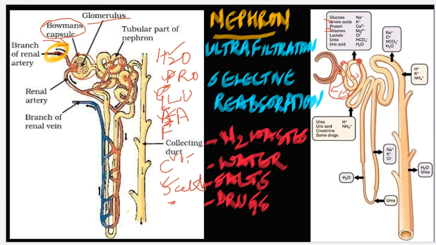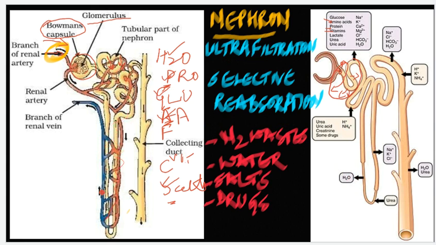Remember now that salts are absorbed in different areas. Glucose is absorbed by the blood vessels in different areas, but we are not going to get into the details. All you need to know is what is ultrafiltration, where does it take place, and what is selective reabsorption, and why is it important. It is important so that we don't lose excess of water, excess of glucose. So nutrients are absorbed back, most of the water is absorbed back, and where is that water and nutrients sent? Into these